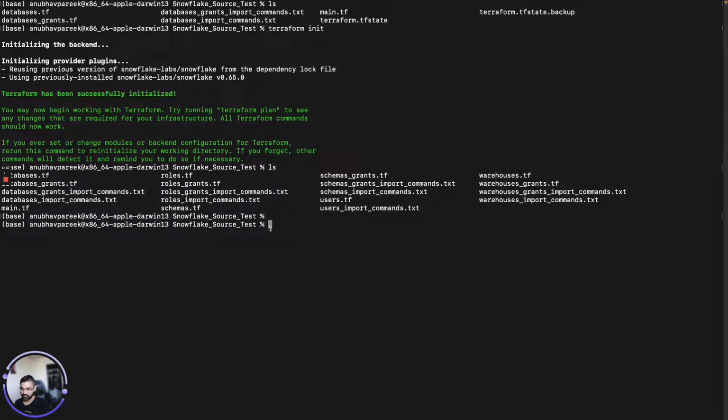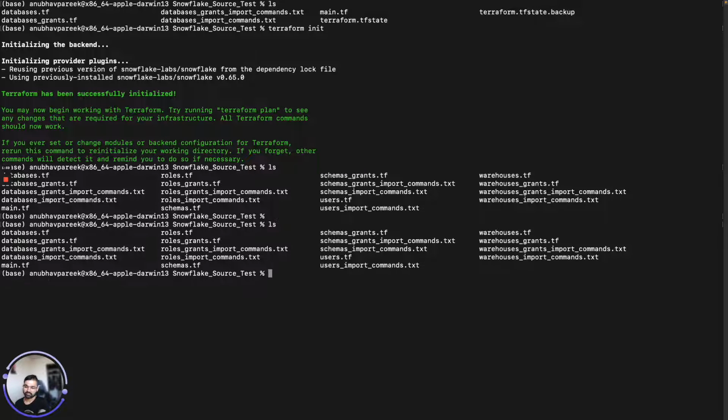Okay, so now I have gone to my Snowflake source test, which has my Snowflake set up with the main.tf file, and I've moved all those files into this directory here. If I just list it, you can see that all those files that we created from datalakehouse.io have been moved here. Now, for example, if I want to import my databases, I'm trying to execute my databases import file. So I can say databases import commands .txt,